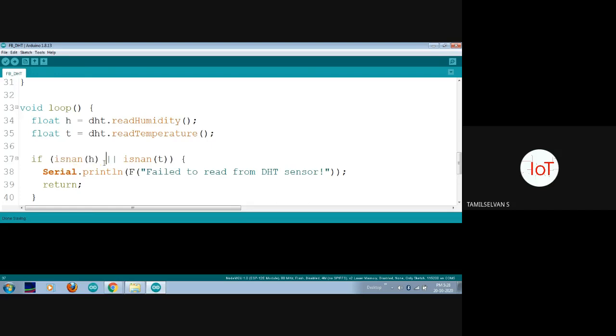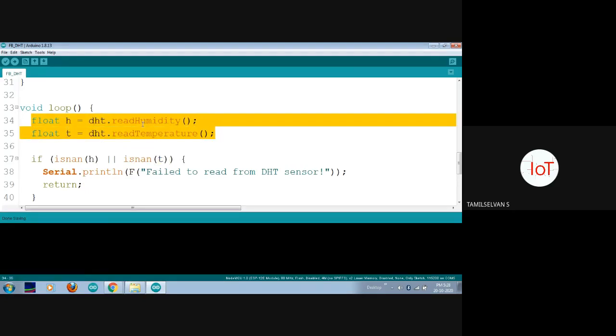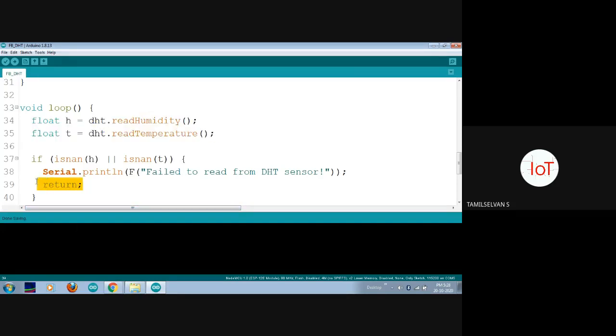Here we are checking both humidity and temperature. If either is not a number, then we have to simply return back to our original loop, that is, again go for reading these two lines, read humidity and read temperature, by skipping all the rest of the lines. That's why we have added a line called return.